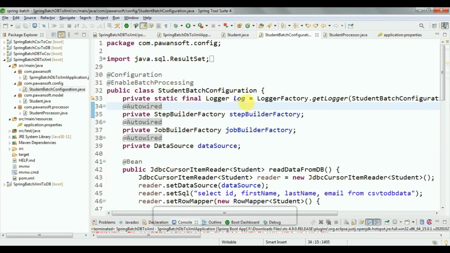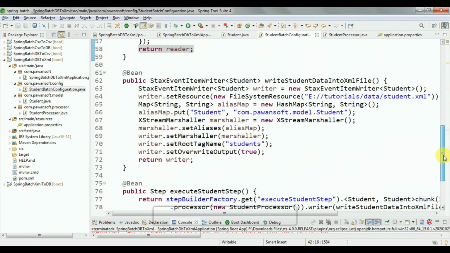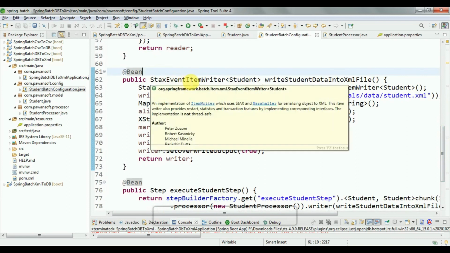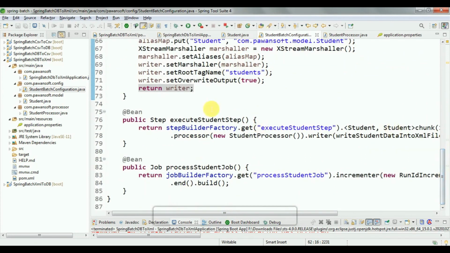Suppose if you want to use a logger, then you create the logger object and write your logger, and then create the bean to read the data from the database with the help of JdbcCursorItemReader, and then create the bean to write the data in XML format in an XML file with the help of StaxEventItemWriter, and then create the bean for step and job.